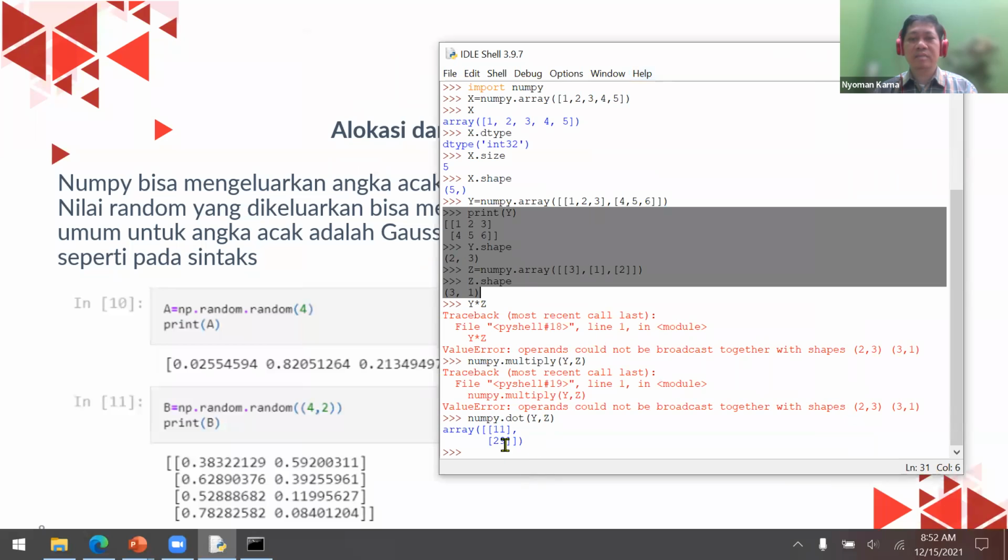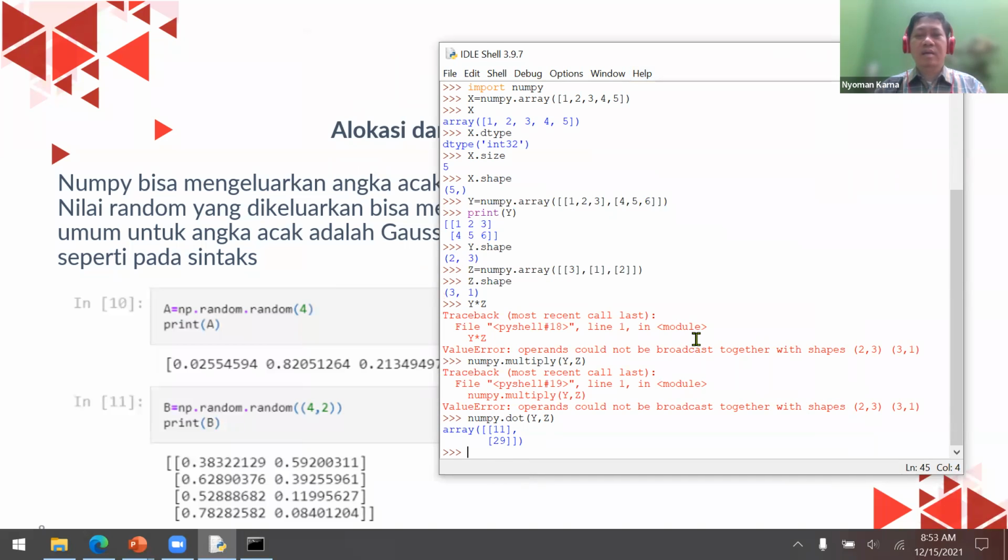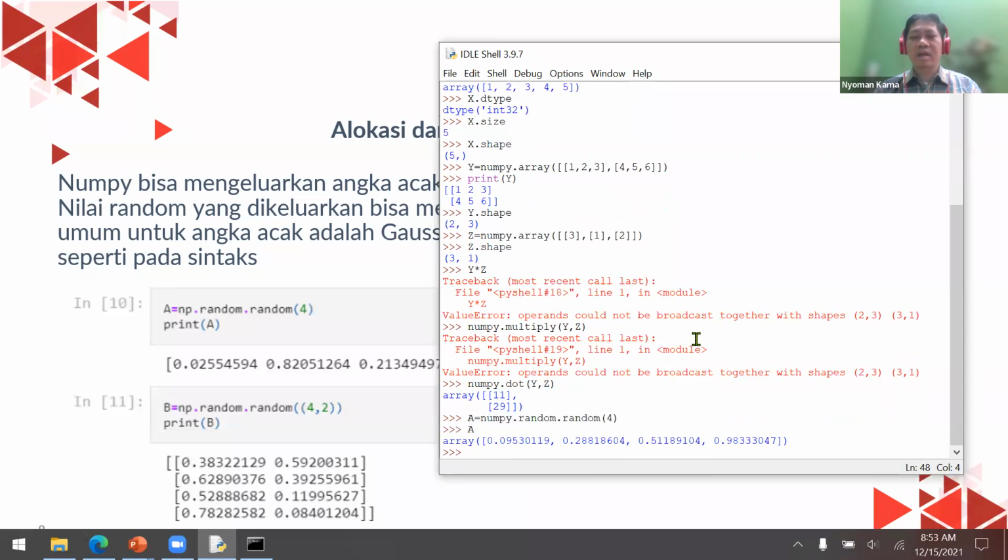Something like this: a is numpy dot random dot random and then 4, for example. And then a will be 1.09530, etc. And I can also use something like this if I want to create.